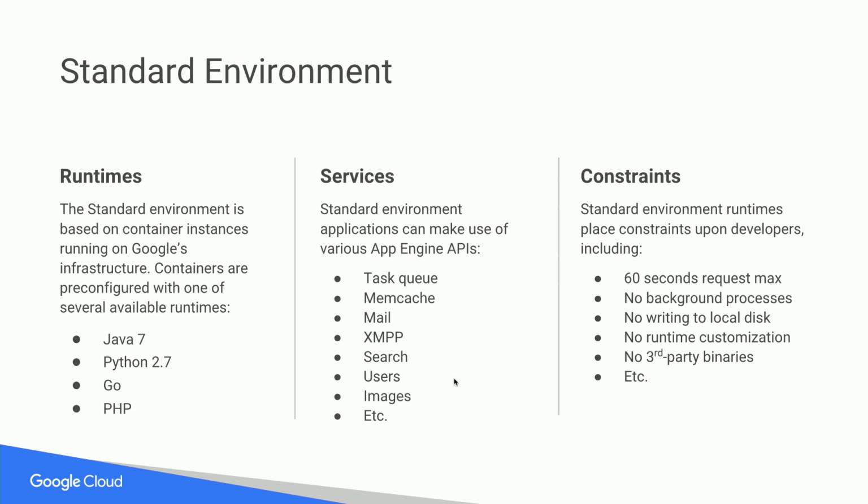Now, the upside to these very tightly constrained standard environment runtimes is all of the automation magic that happens. The downside is they create some constraints which are unfamiliar to programmers coming from other environments. So for instance, you can't have background processes. You can't write to local disk. You can't install third-party runtimes. And all of your requests to your application have to return and complete within 60 seconds. So if you're a developer used to working in other environments, you're going to have to learn some new patterns to make your apps run in App Engine standard environment and take care of sort of all of the automation